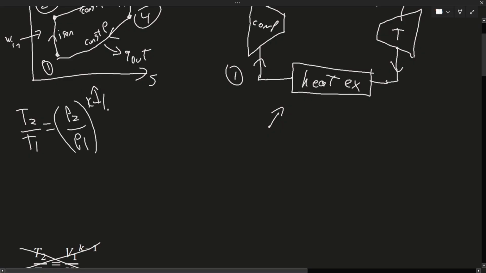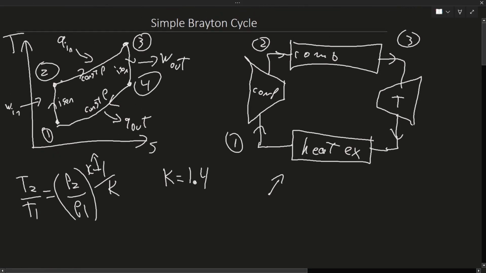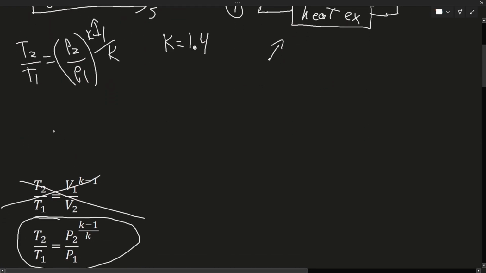K minus 1 divided by K, okay? Since we're dealing with air, K, which is some constant, is going to be equal to 1.4. So that's your isentropic formulas. You use this to find the pressure and temperature at point 2, like if you have all the information from point 1. The next formulas that you have to know is that Q in